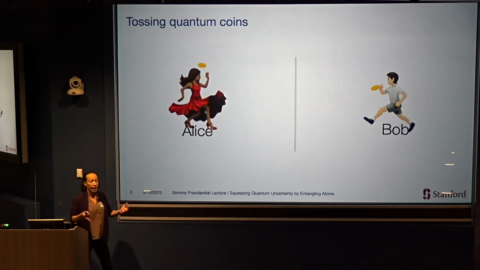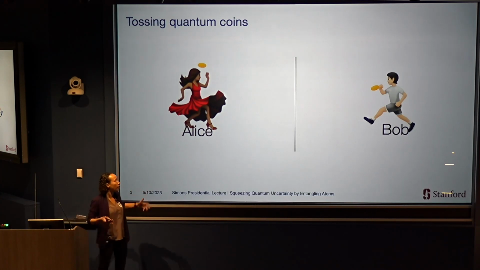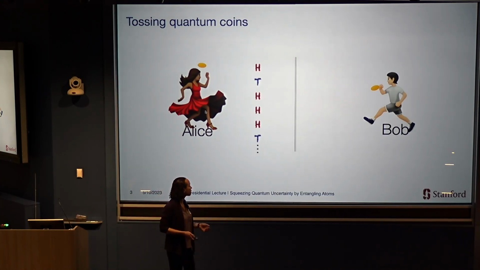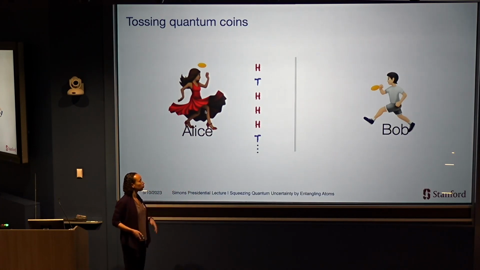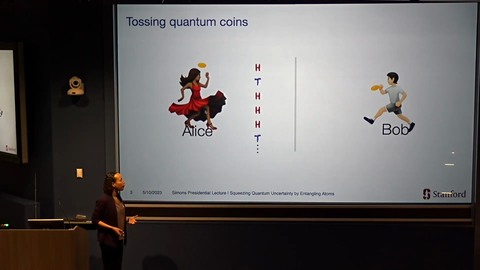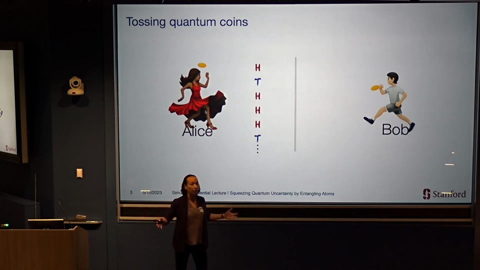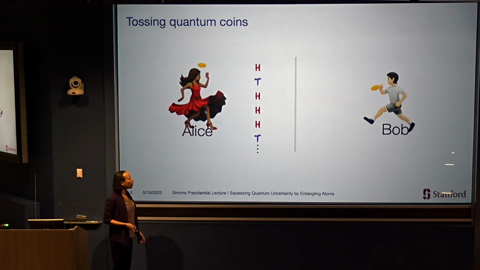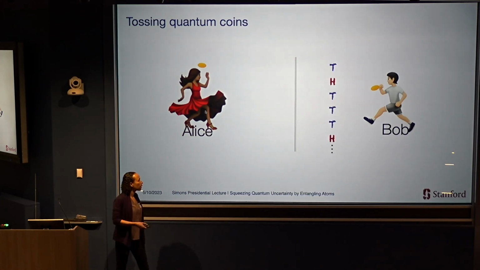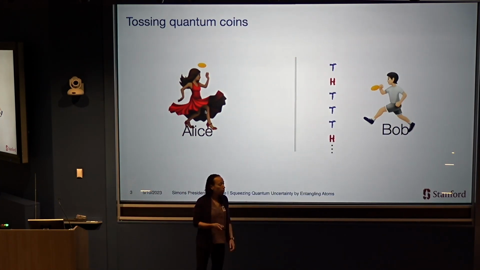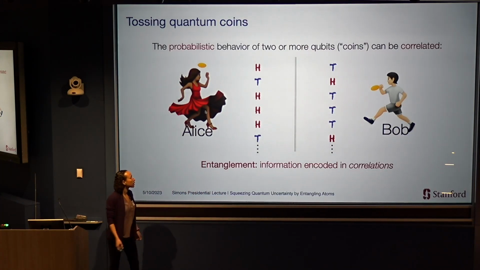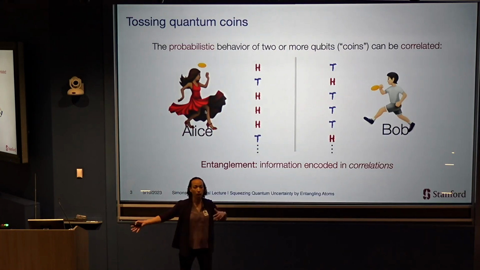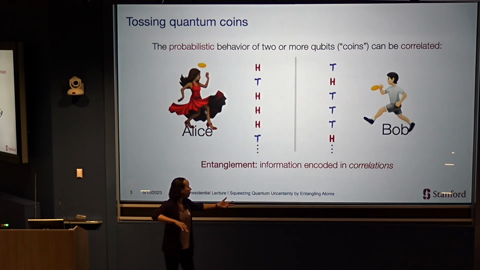So here's something that can happen in quantum mechanics that might surprise you. I could have a situation where Alice is tossing coins. She measures some random outcomes, heads, tails. And Alice, let's say, is in my lab at Stanford. Bob is in a lab here in New York. And Bob also tosses some coins. He sees some random outcomes. But when Alice and Bob compare notes, the outcomes are always correlated. Every time Alice gets heads, Bob gets tails, and vice versa.